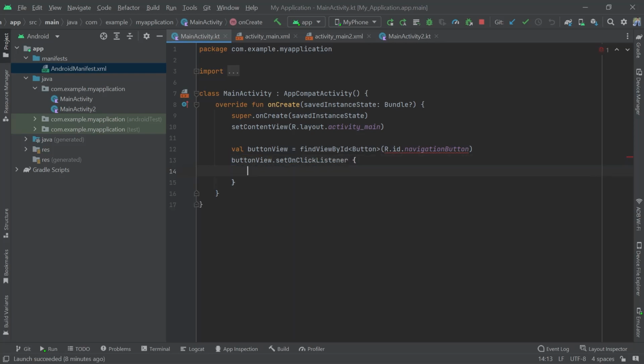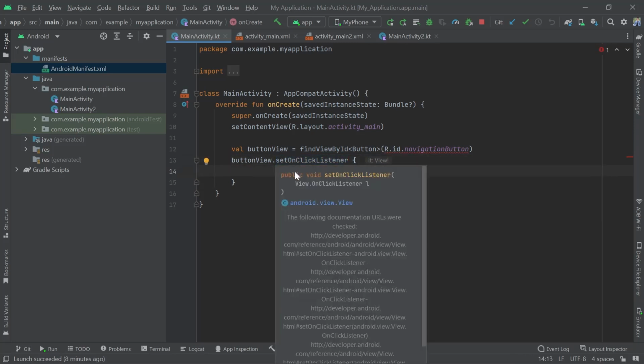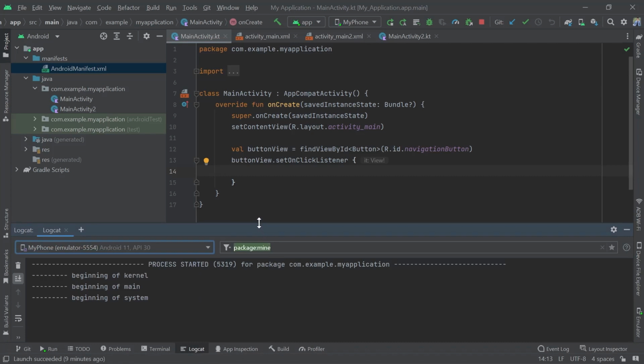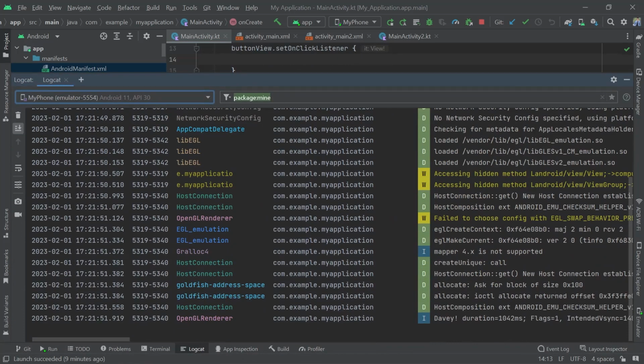I can just press here, and now I have to define what will happen when I click on this button. What you can do is use a log message, or you can define a toast. So what is a log message? We will learn about all types of log messages and Logcat in this video itself, and you can see here at the bottom we have this Logcat. For a very brief explanation, this will show you the status of all your activities,